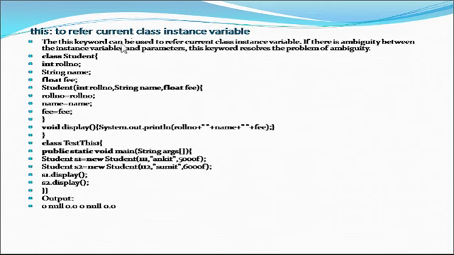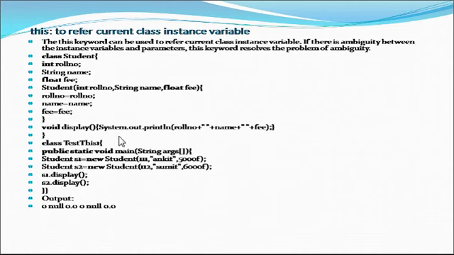Basically, you have a class named Student, and that Student class has three fields: first is roll number, second is name, and third is fees. A Student class has a constructor named Student, and this constructor has three parameters: first is roll number, second is name, and third is fees. Okay, here we see the three fields receive three parameter values: roll number, name, and fees.